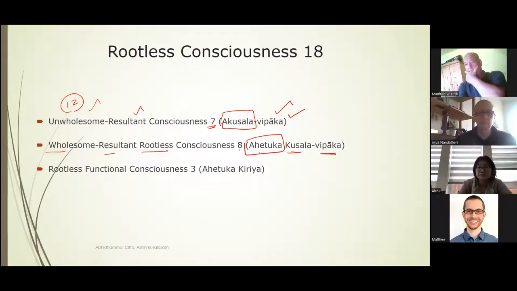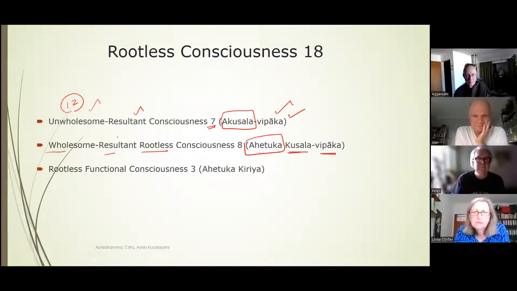Ahetuka means rootless. Kusala means wholesome. Vipaka is resultant. So I will tell you only